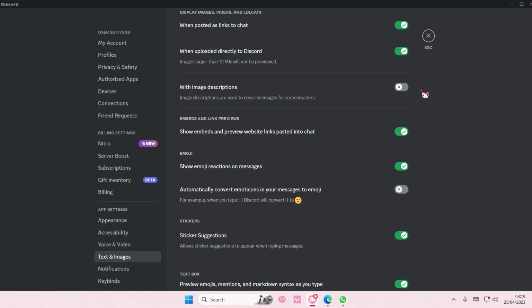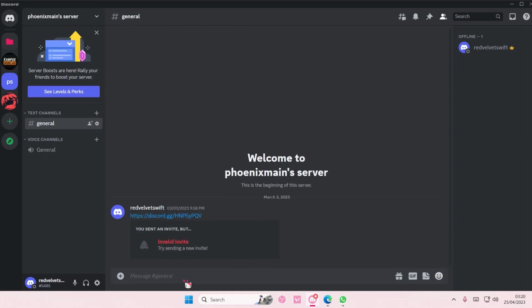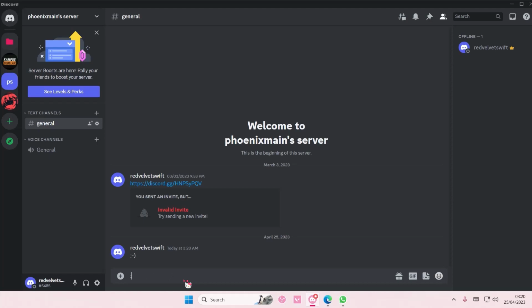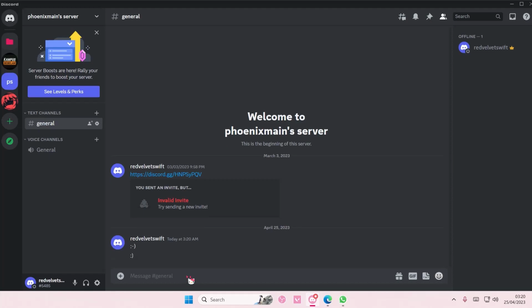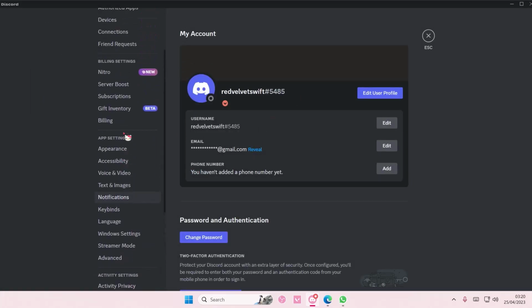So if you turn this off and get into a server and type this emoji, it's not going to create an emoji. It's just going to create a simple smiley face. And they also have other